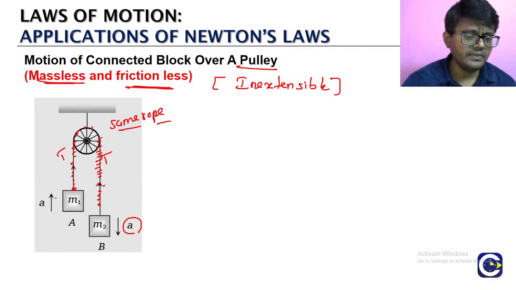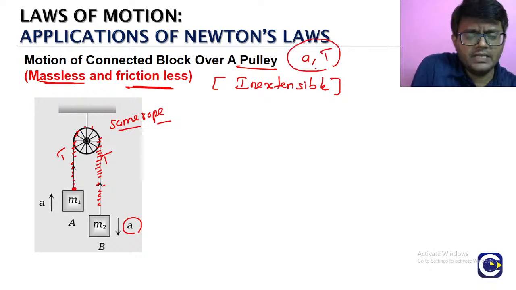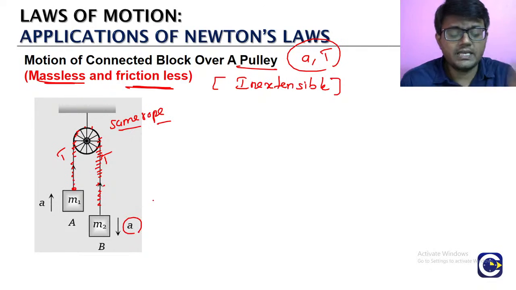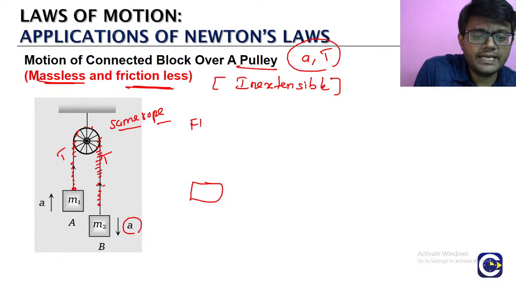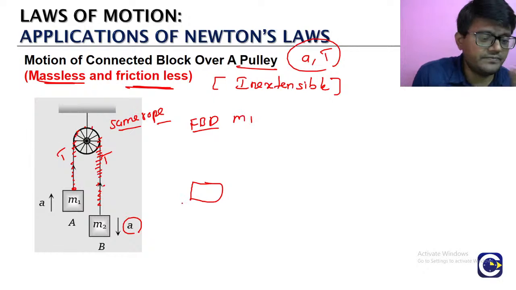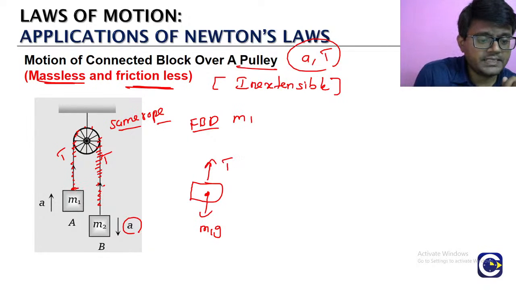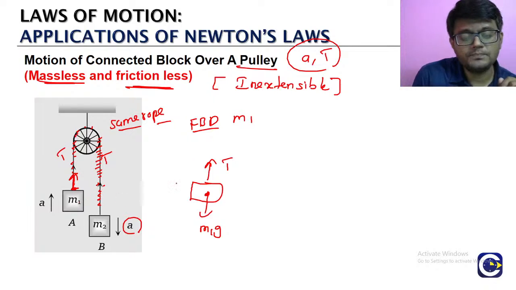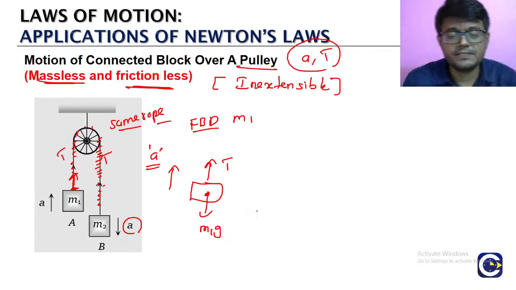Okay, now how are we going to find out these accelerations? Usually what will be asked is, they will either ask us to find the acceleration or they can ask us to find the tension force. So what we'll do is we'll start with the free body diagrams, FBD, for the M1. So look at M1. M1 will have its weight which is acting down, and since it is connected to the rope, there will be a tension force in the rope, which happens to be up. Because of both these forces, how is this M1 moving? M1 is actually moving up, means